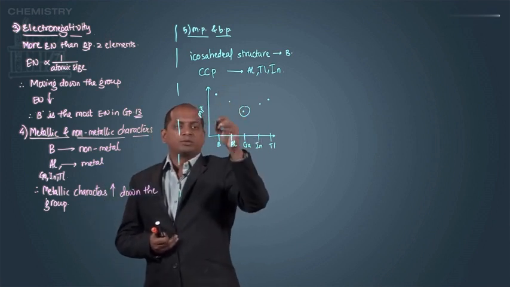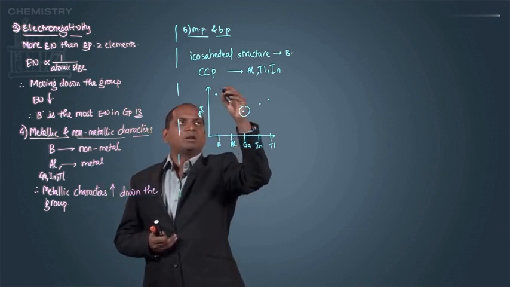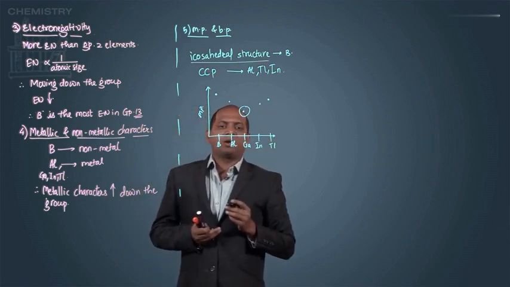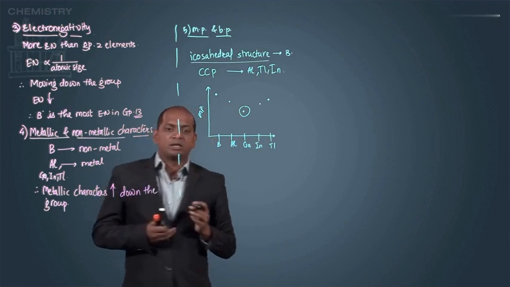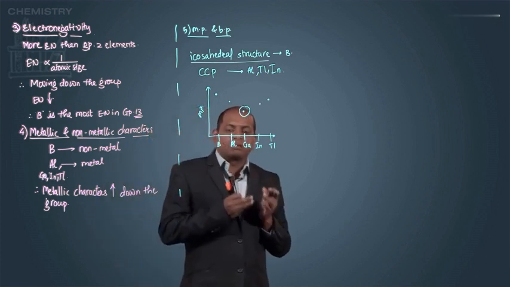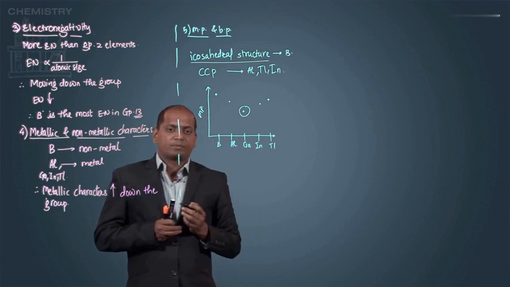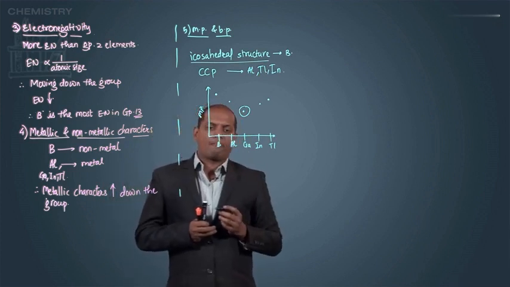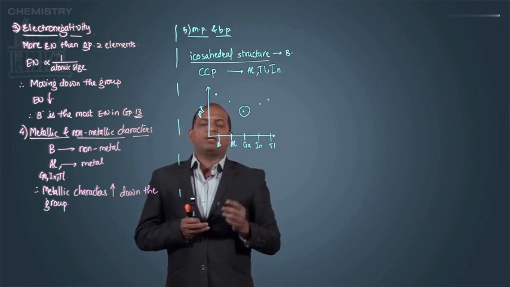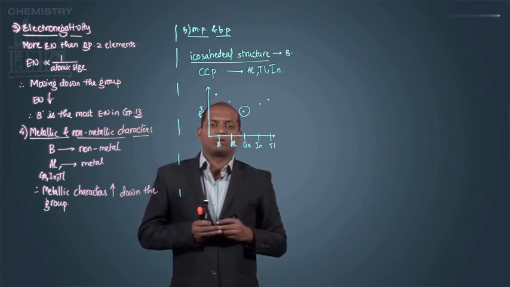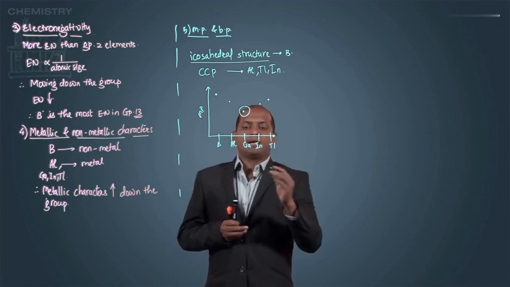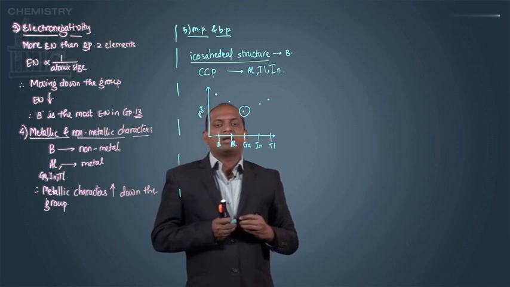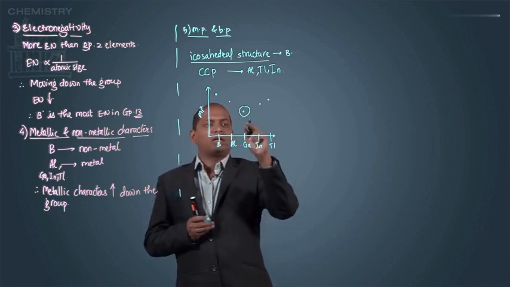Boron must be low, but it is very high because of this structure and very small interatomic distance causing strong attraction between the boron atoms, and therefore it has a network solid structure. In case of aluminium, there is a CCP structure, same with indium and thallium. So atomic mass goes on increasing, and therefore there must be an increase in melting point,